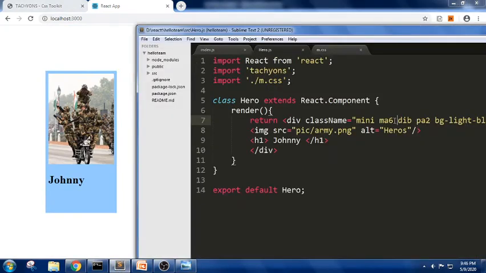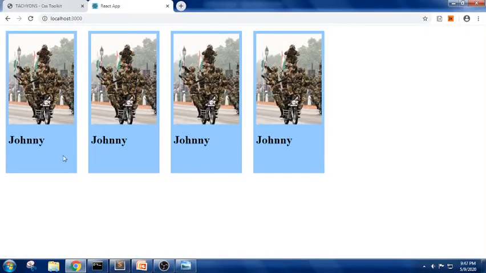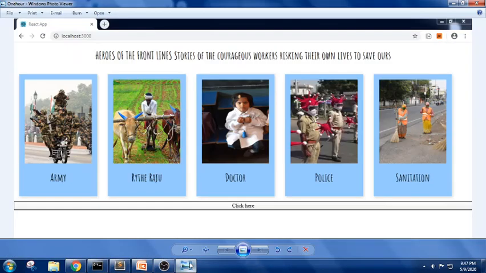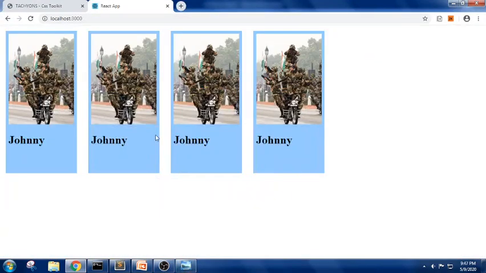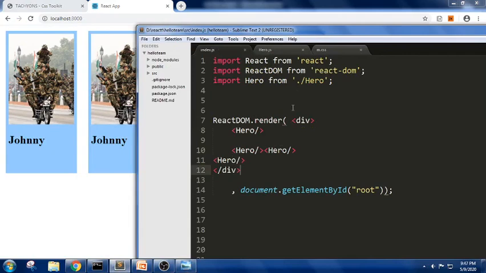Now I just want to make sure everything gets in the same line. For this I'm just trying to reduce the margin across these images. Yes, we got it. We got everything in the same line. See here, we are trying to call this component multiple times. As we have discussed on the YouTube page, we can call the component anywhere, anytime, so that it can be reused. So here we are trying to use the same image now.